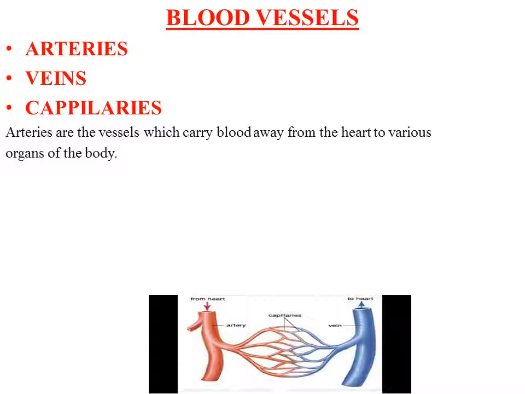They are thick because when they carry blood from the heart, that blood is at high pressure, because the heart has pumped it, and due to the force of pumping, the pressure is greater in that blood. So that blood will exert more pressure on the walls of the vessels. In order to carry that blood, vessels should be thick. Therefore arteries are thick compared to veins, because veins do not carry pressurized blood.